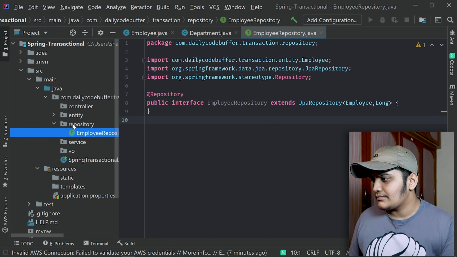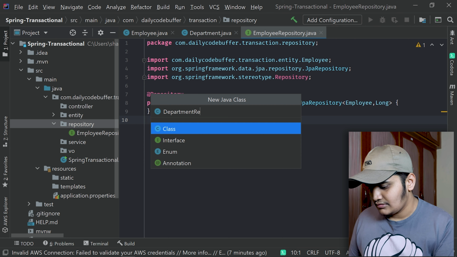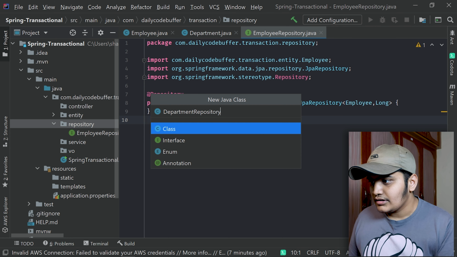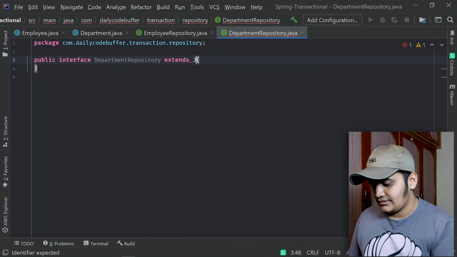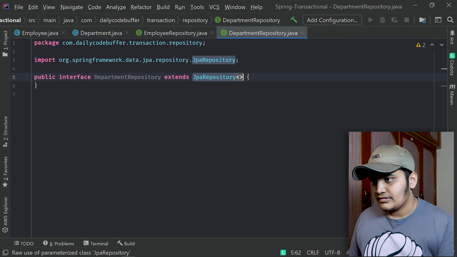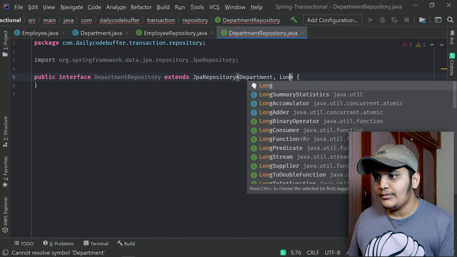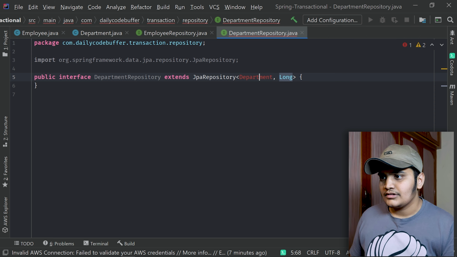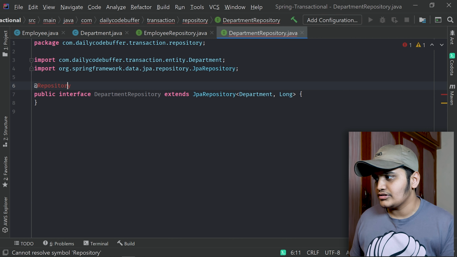I'll create the department one as well. DepartmentRepository is an interface. This will extend JpaRepository, of type Department, and my ID is of type Long. And I'll annotate this with @Repository to make this a repository layer.